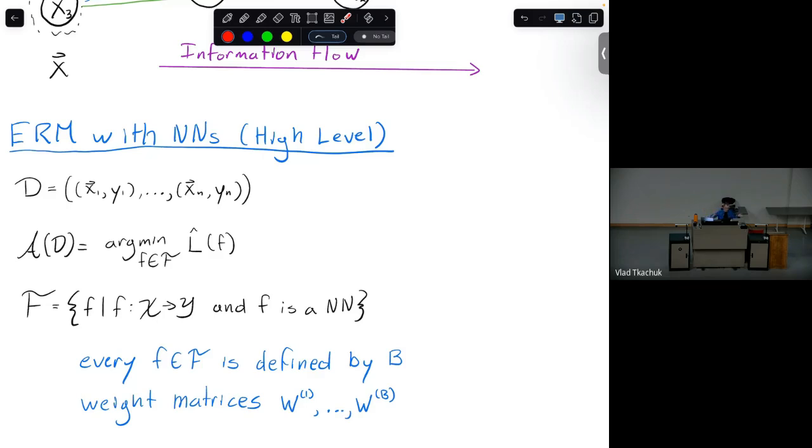Okay. And so the setting is just this. You have a data set. The ERM learner outputs this predictor. It's just the argmin, the predictor that minimizes this estimated loss. That's all we've really ever wanted to do with this ERM stuff. And then all that we're going to change here now is that the function class is not going to be these linear functions, these polynomials, or these sigmoids. It's now just the set of functions that are neural networks. So this is going to contain functions, and this function is a neural network.